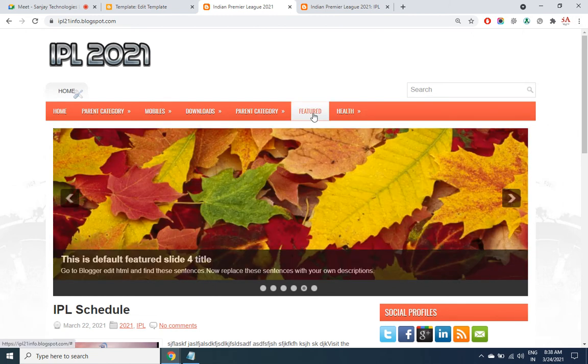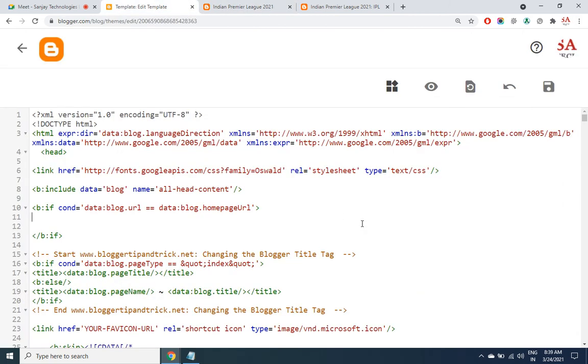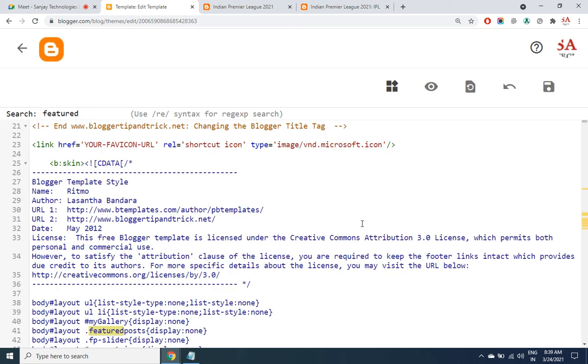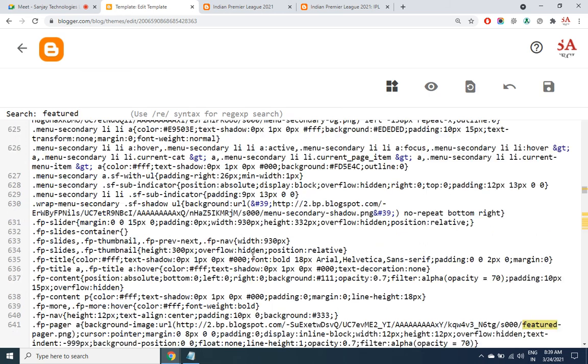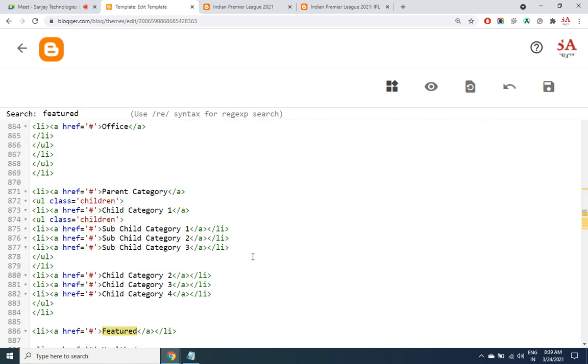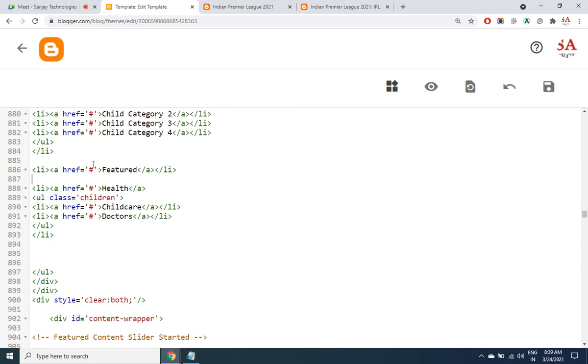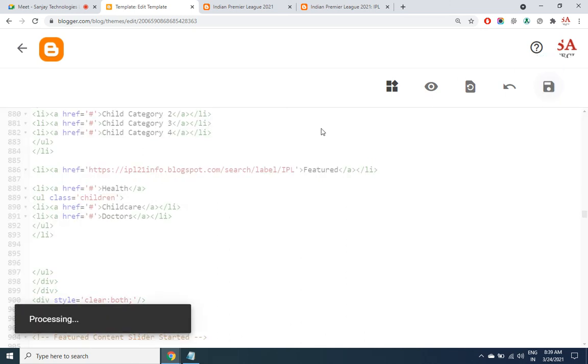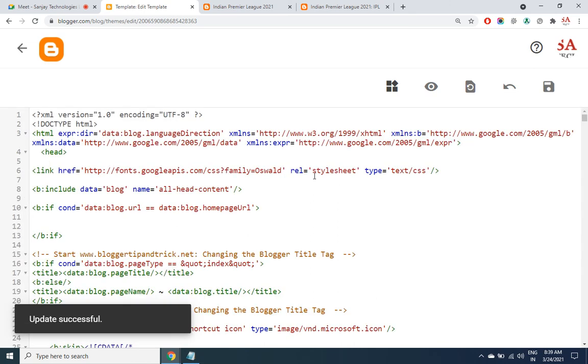Let's say featured. Here it is. So I want this label URL to be placed in this section, and let's say someone is searching, so we'll have IPL here.